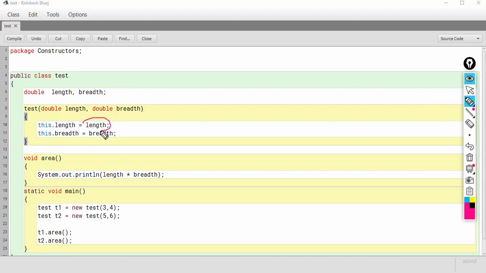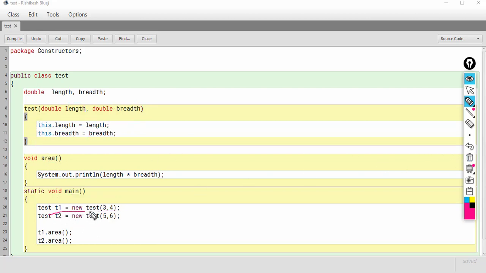See, this length on the right is of course referring to the local variable, and this breadth is also referring to the local variable, but this time this dot length is not referring to the local variable, because clearly we are trying to access the object's length. Whose object? When T1 is getting created, it will be T1's length, and the breadth will be T1's breadth.